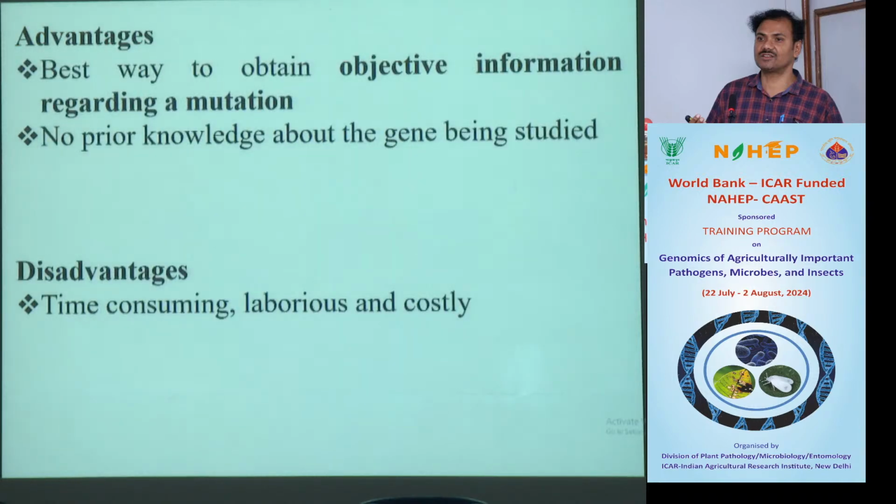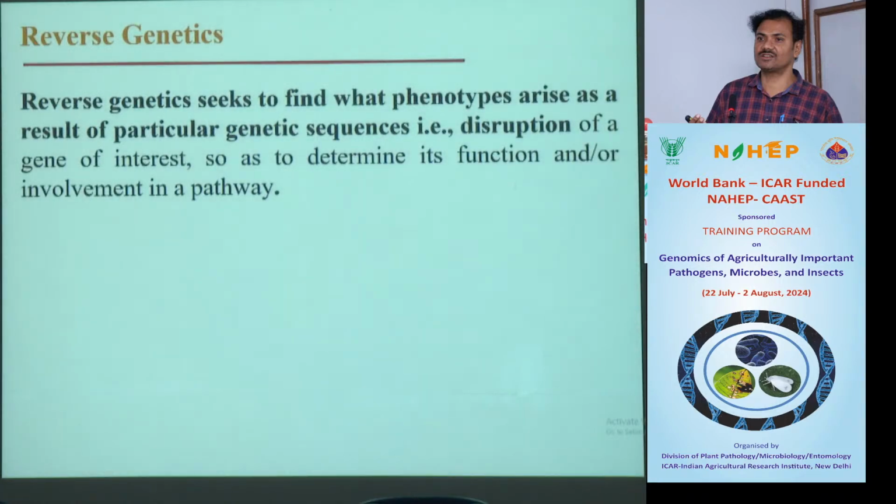It has its own advantages. It gives objective information regarding a mutation. Objective means unbiased, so you can clearly pinpoint the reason. And you don't need any knowledge about the gene. It also has its own disadvantages. As I already told, in random mutagenesis you have to screen a large number of mutants, and that is very laborious. So the next approach is the reverse genetic approach, which is very commonly followed